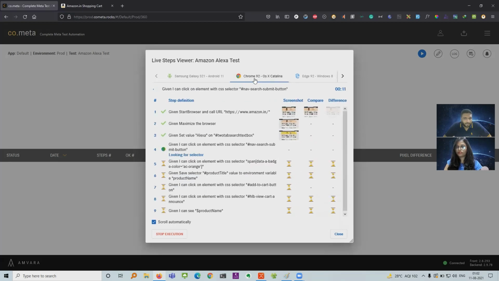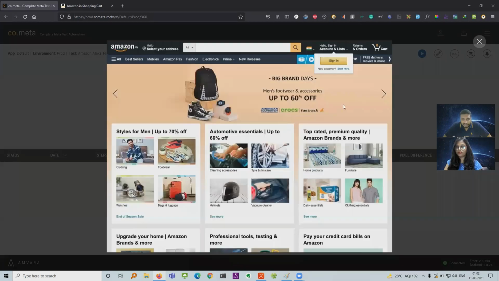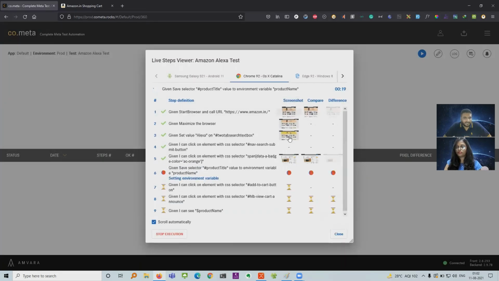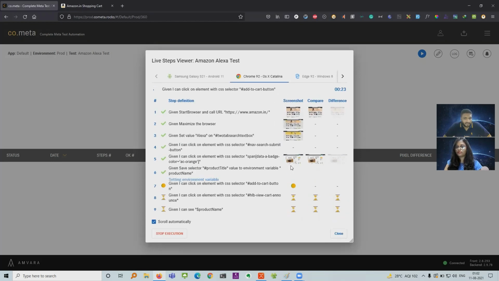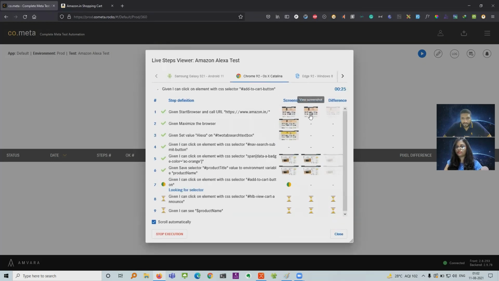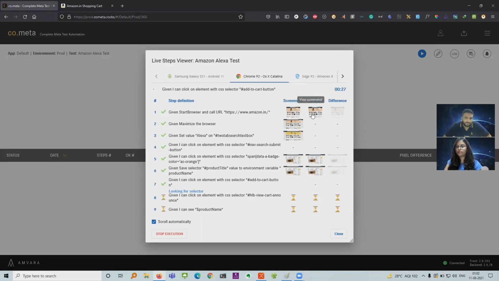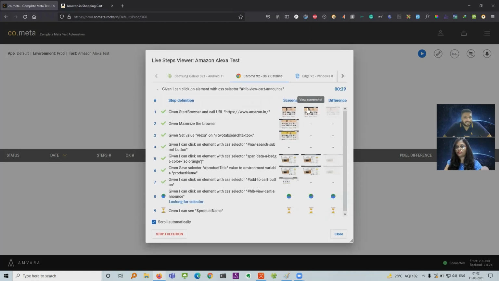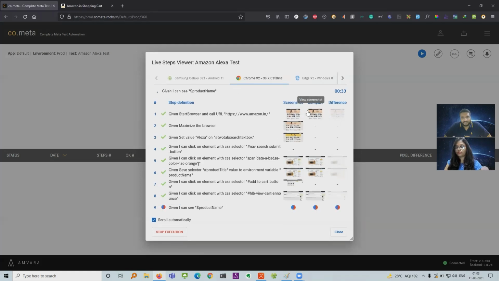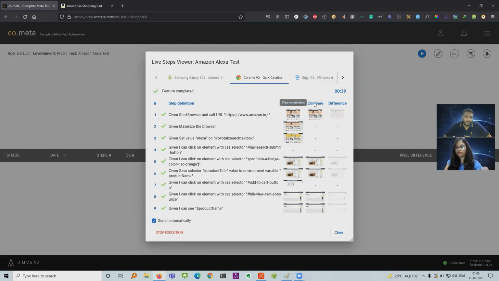So if you see on the Chrome 92 OS X, this test has started, and you are getting a side by side screenshot for all the steps which you had enabled the screenshot for, and it's also comparing it. So for the first execution, it is taking this screenshot as its reference, but for any future execution, it will take the previous execution screenshot and compare it with that.